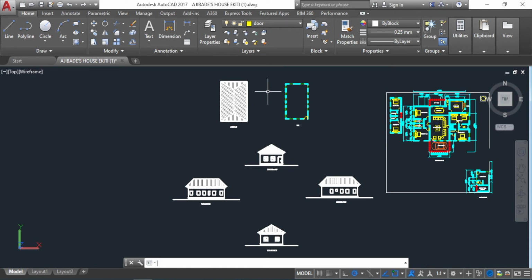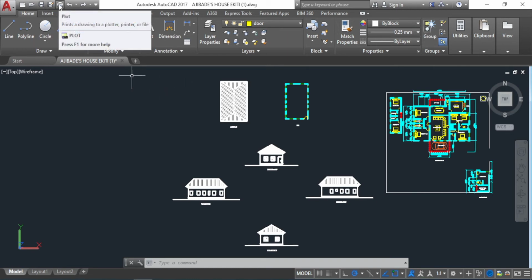Today we'll be taking a class on how to convert DWG files, that's AutoCAD files, to PDF files. In order to do that, the first thing we're going to do is come to plot. Plot can be found at the top left corner of our AutoCAD software. It looks like a printer. So once we click on plot,